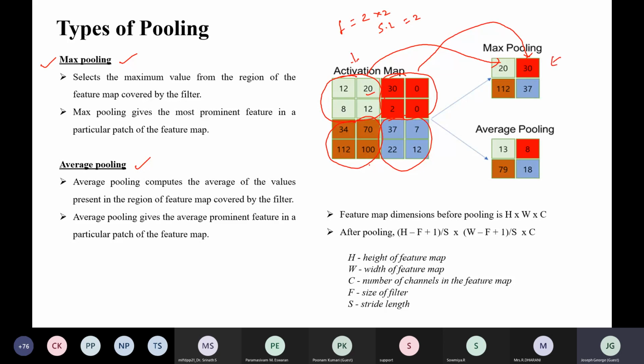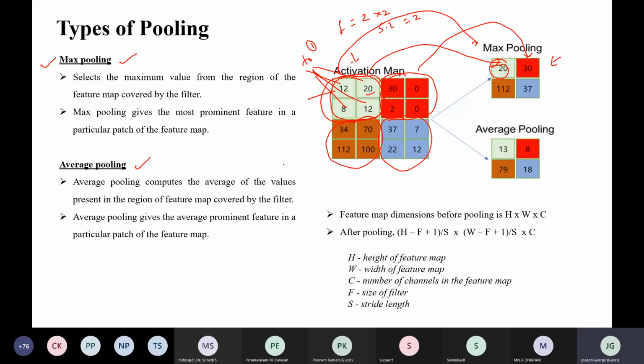Now, the main purpose here is that all these pixel values are related to each other. Suppose all these 4 pixel values are focusing on one particular feature. That feature we take as the maximum value and replace the patch with it, in order to reduce the dimensionality. Another type of pooling is average pooling.